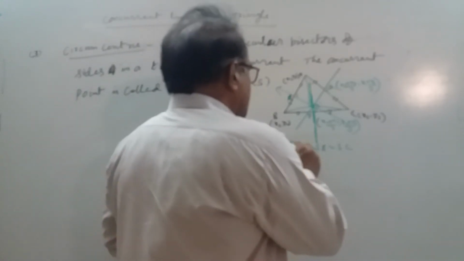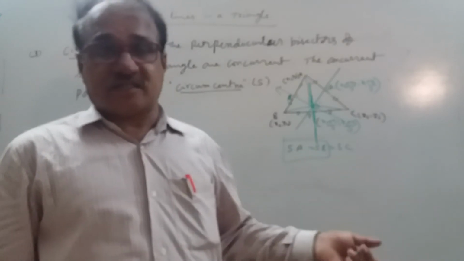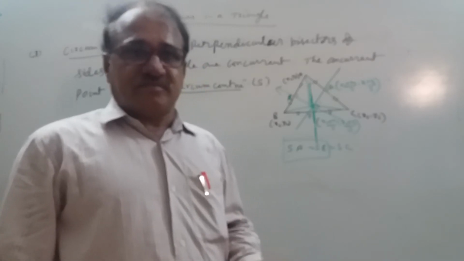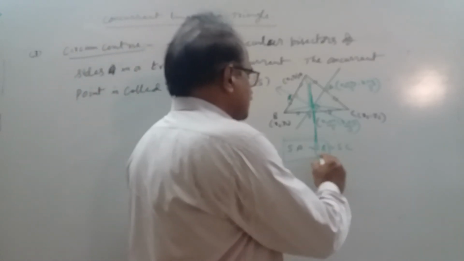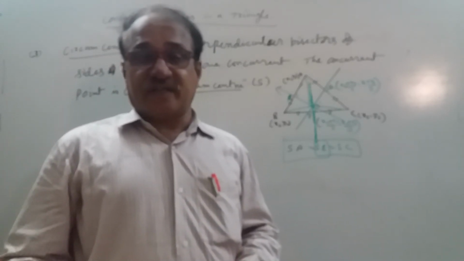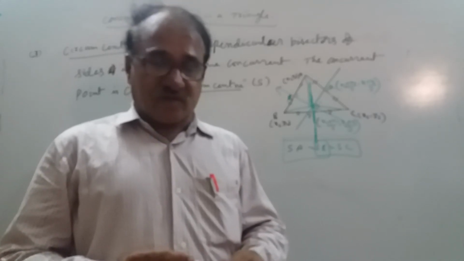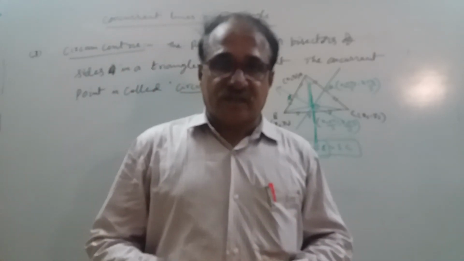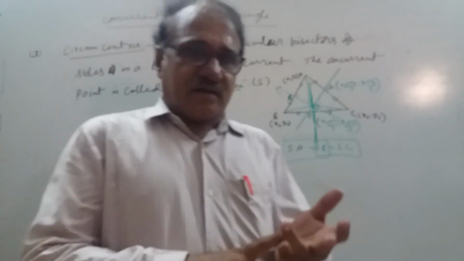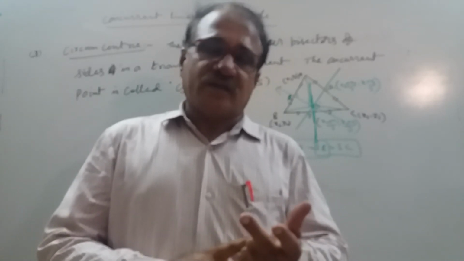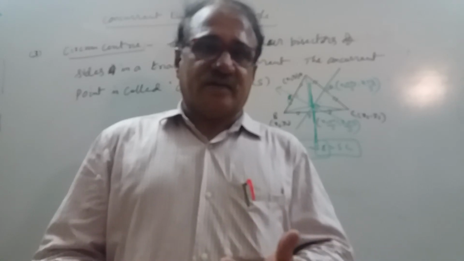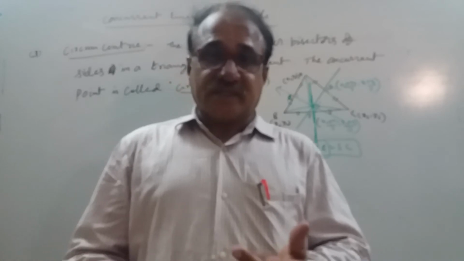First we can take SA and SB. That implies SA square is equal to SB square. By solving that, a linear equation will come, and by using the other pair, another equation will come. By solving those two equations, we can find the values of x and y, those are the coordinates of the circumcenter S. In that way we can find the orthocenter or circumcenter. These two are the most important problems which will occur in our public exam in the 7 marks pattern.